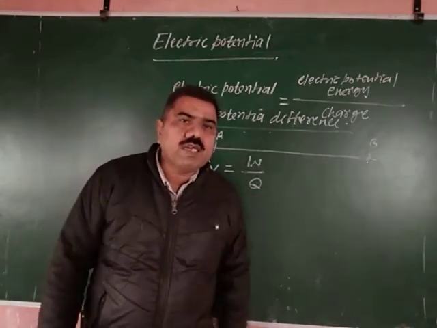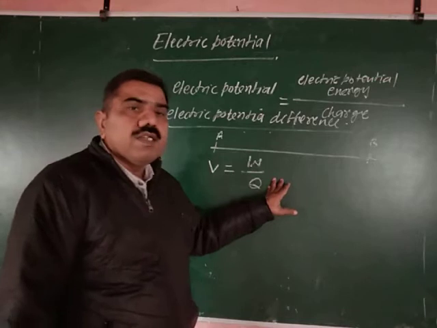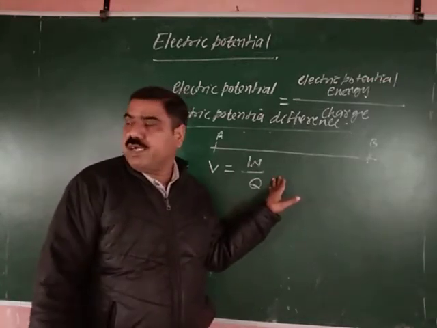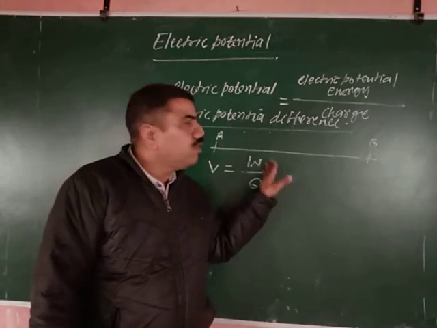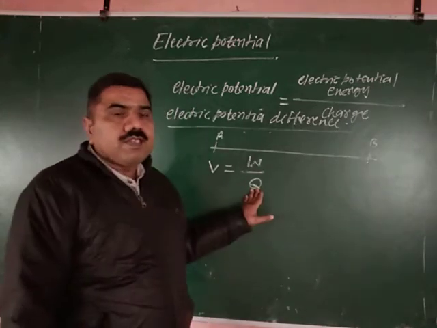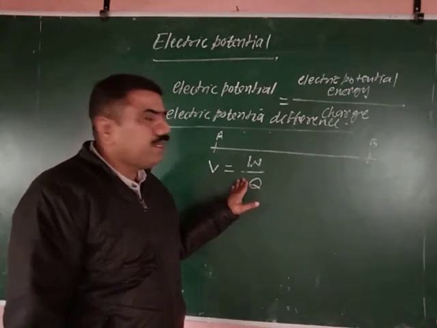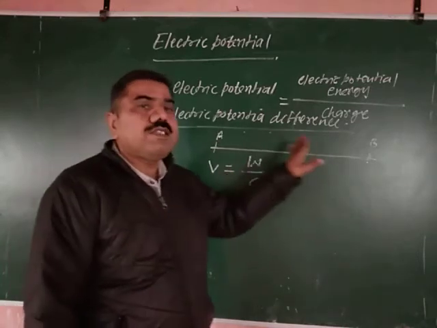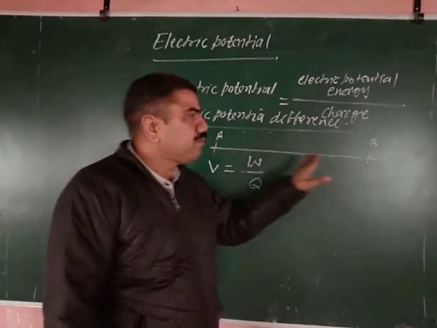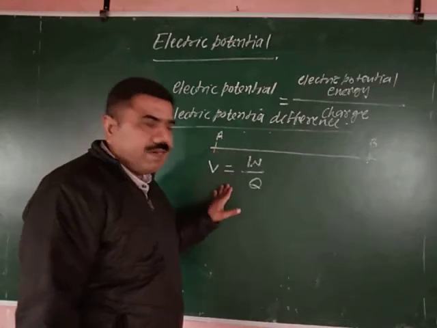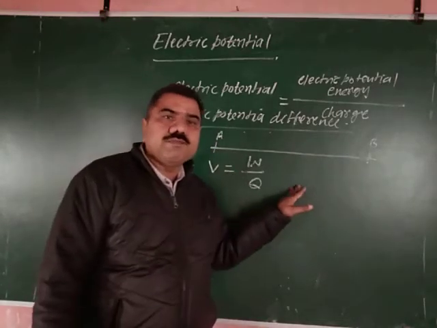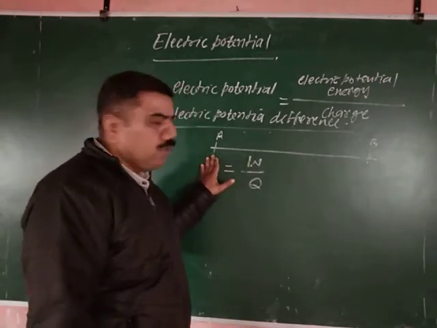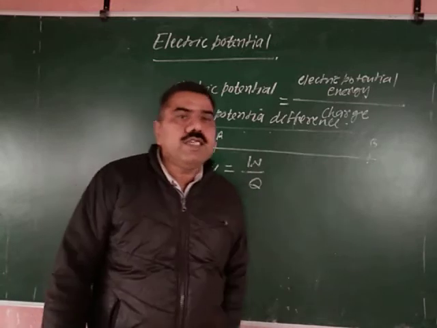When current flows through a conductor, the conductor opposes the flow of current between the 2 points. Then the source of EMF, that is battery, will have to do some work to move the charge inside this conductor, and the work done by battery to move a unit charge between these 2 points is defined as the potential difference between these 2 points.